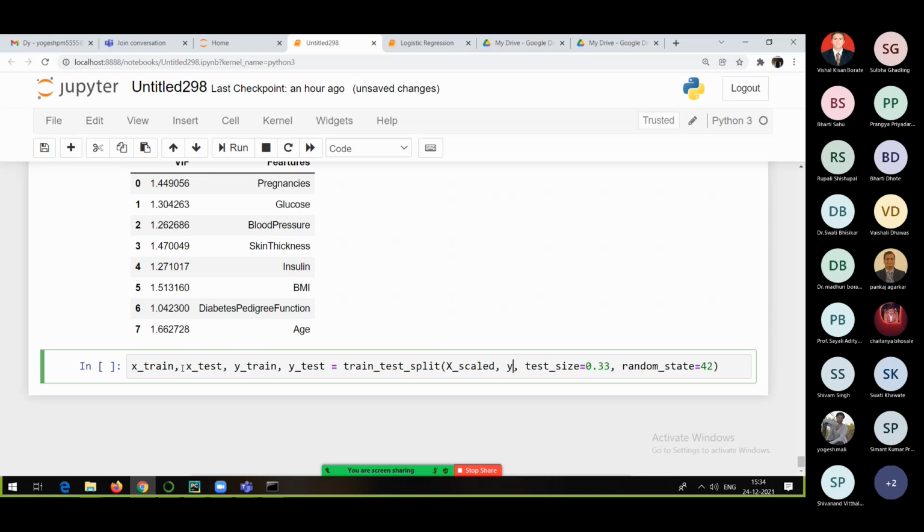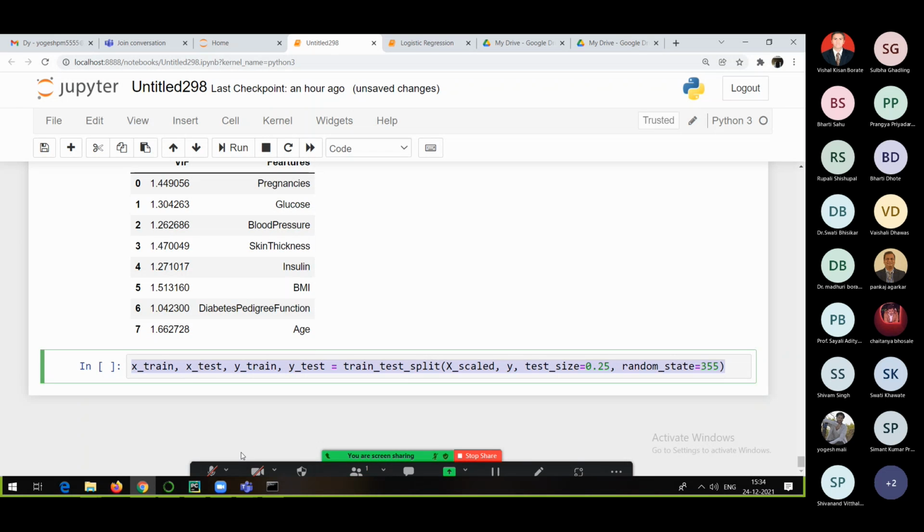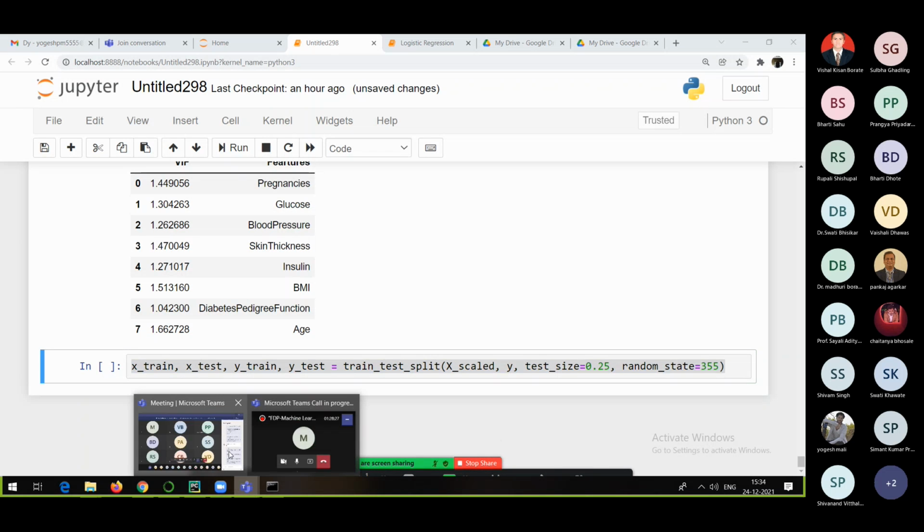Y is our output. Test size, I will do as 25, 75. So 25% of data I want for testing, and obviously the remaining 75% is training. This random state number can be anything. I will do it as, let's say, 55. This will decide how much randomness you want in your data. That's the only thing. So this is how you can write the train test split very well.